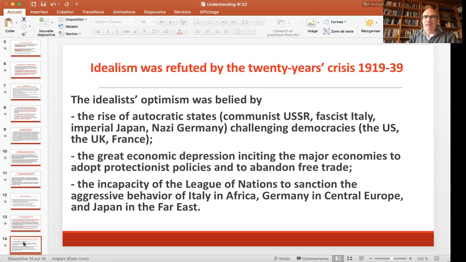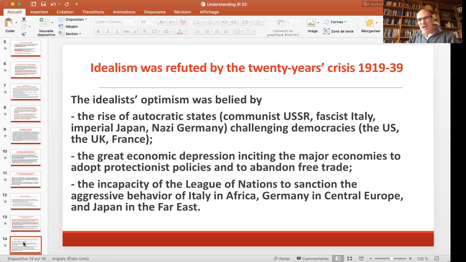You know what happened, ladies and gentlemen, to the League of Nations? It was unable to prevent Imperial Japan from attacking China and from creating puppet states in northern China, Manchuria. The League of Nations was unable to prevent Fascist Italy from invading Abyssinia, today's Ethiopia. And last but not least, the League of Nations was unable to prevent Hitler from remilitarizing the